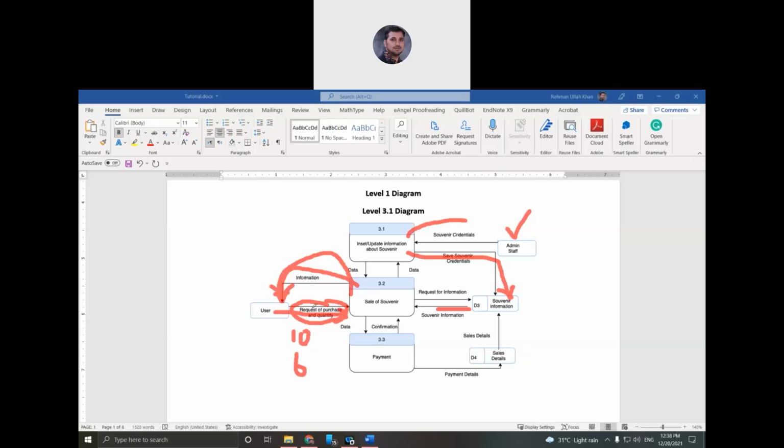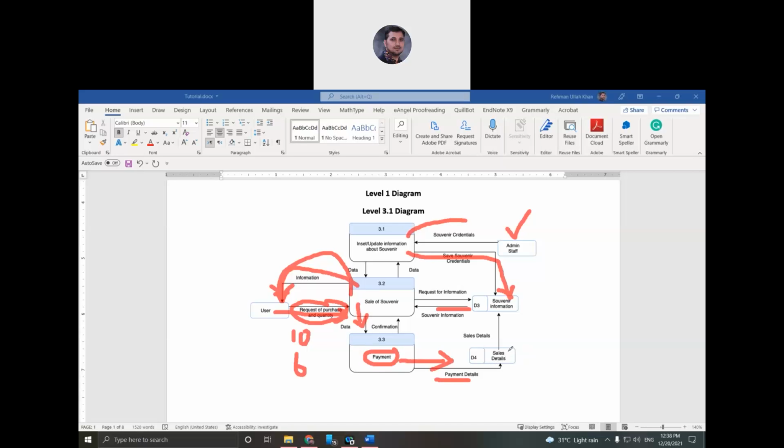If the requested quantity and the available quantity are okay, then the payment process will start. And once the payment process starts, the user will click the pay procedure, and once everything goes well, when this process is done, then the payment details will also be stored, and I give that